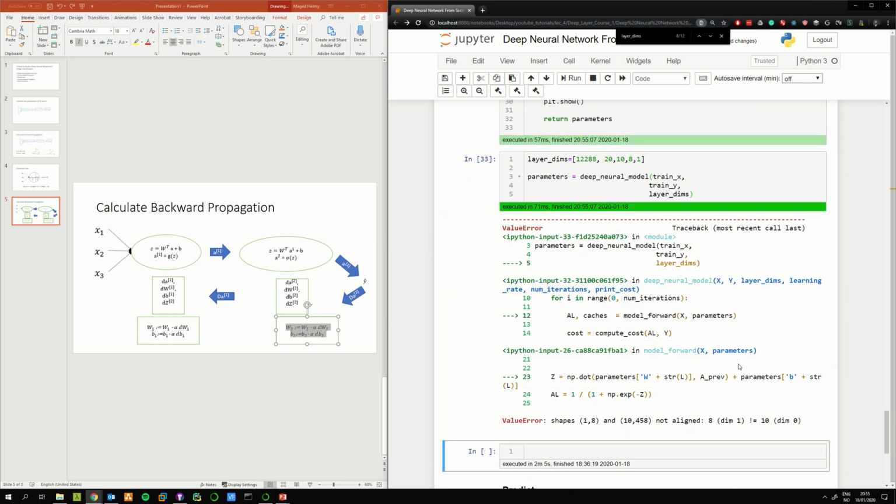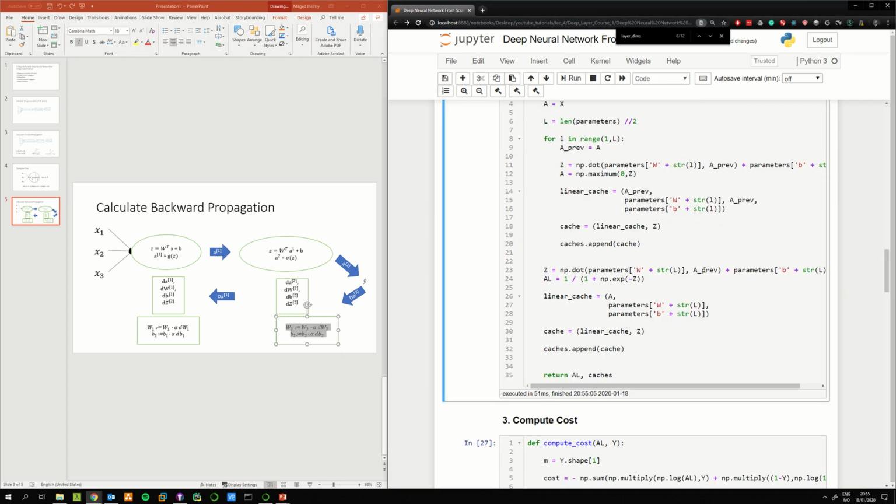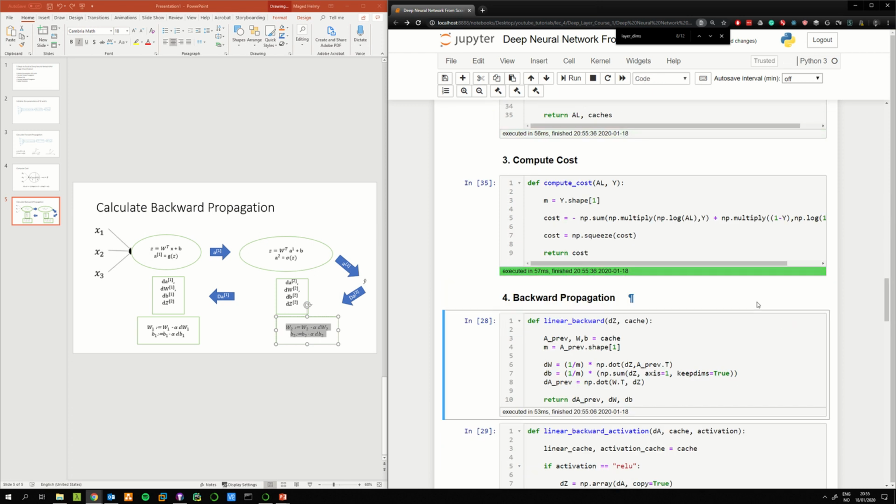Now let's take a look. Again, same problem. Let me take a look. I can already see that it's here. Should be A, which is the last value, and not